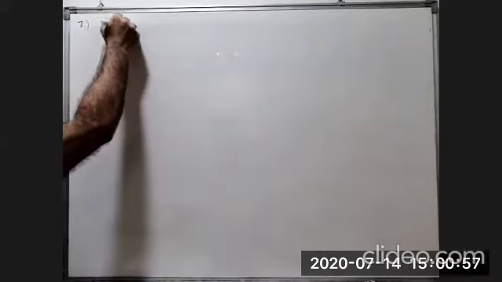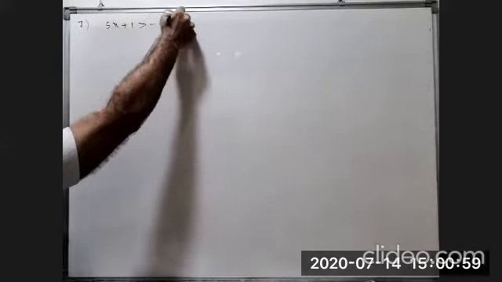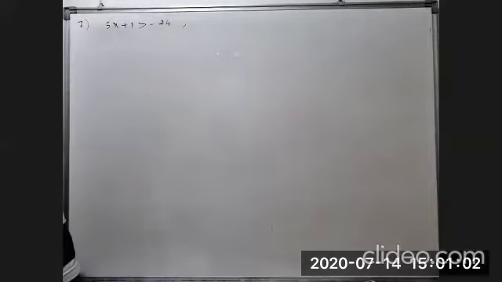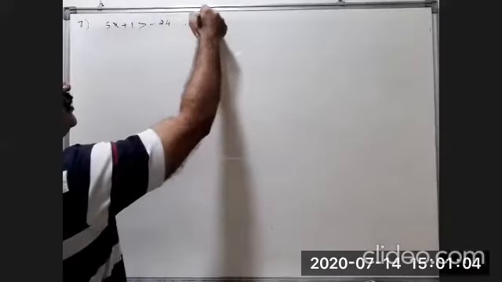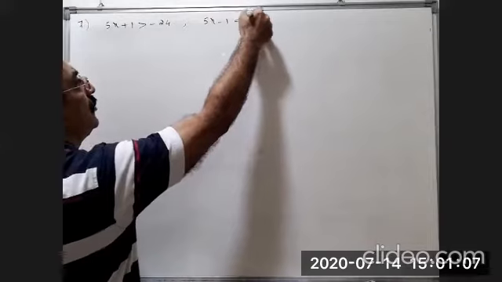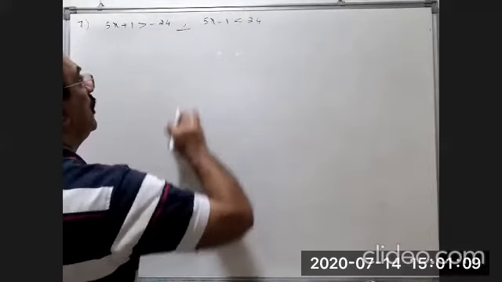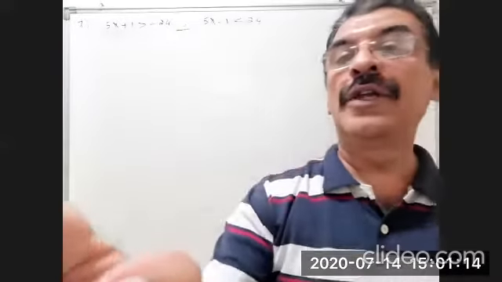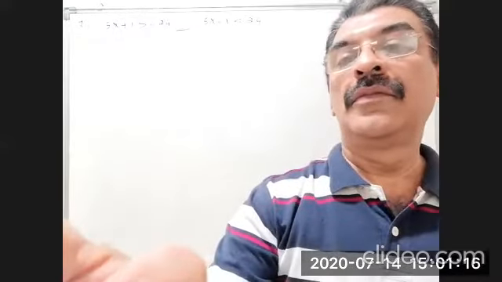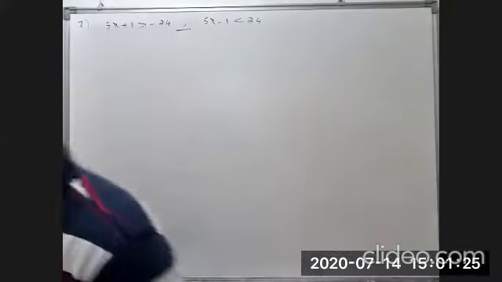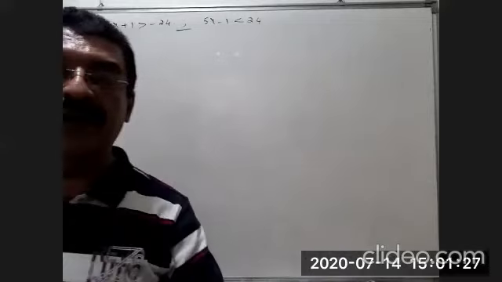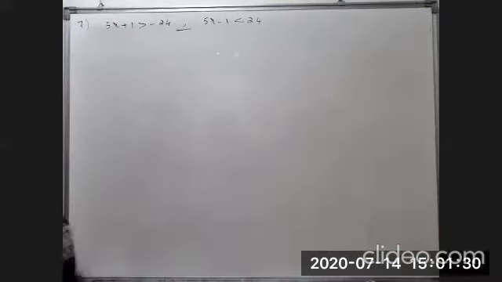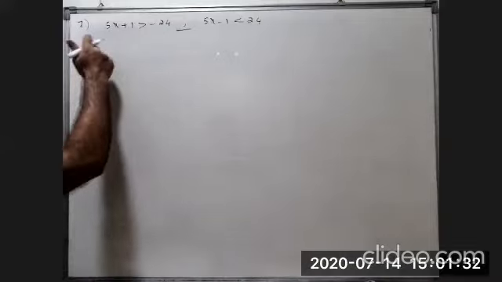5x plus 1 greater than minus 24, and 5x minus 1 less than 24. See here, we take both of these separately. We will solve them, and then we will combine. Question number 6, I gave it a formula. Question number 6 is a formula. Now, taking the first one,